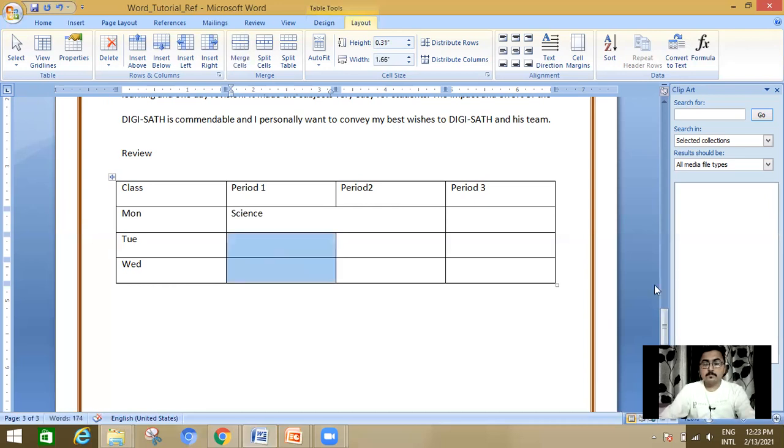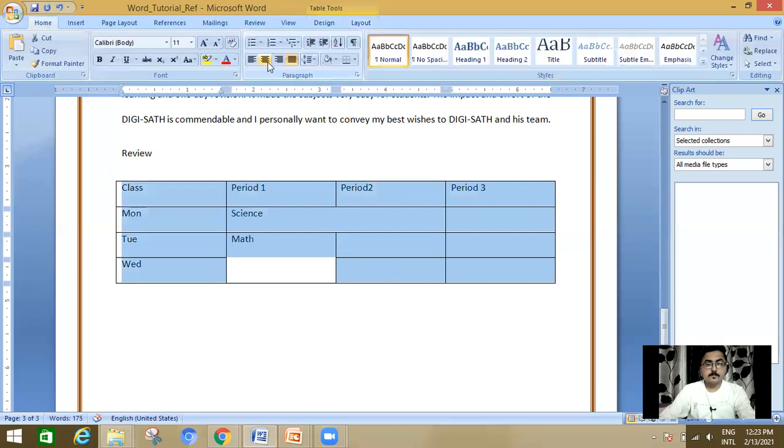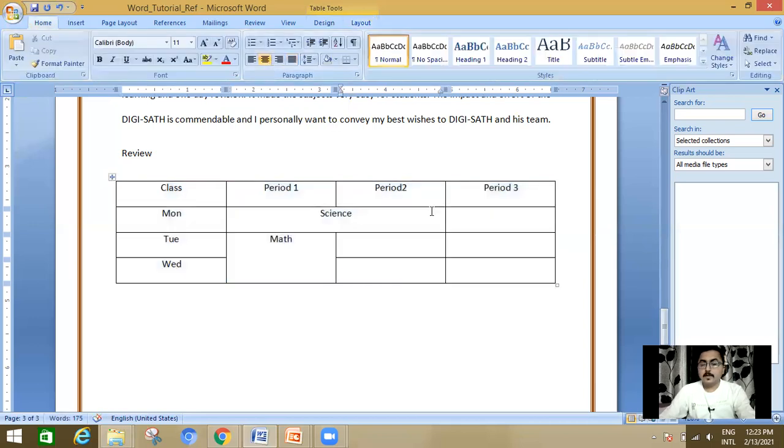Select the cells as previously, go to the layout subsection, and in the merge section, click on merge cell. Now you can see the effect. Now you can see here this math. Okay. Clear?